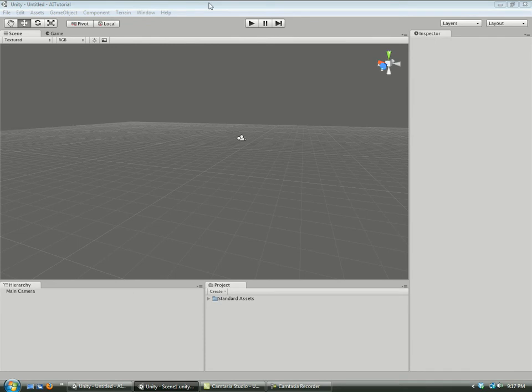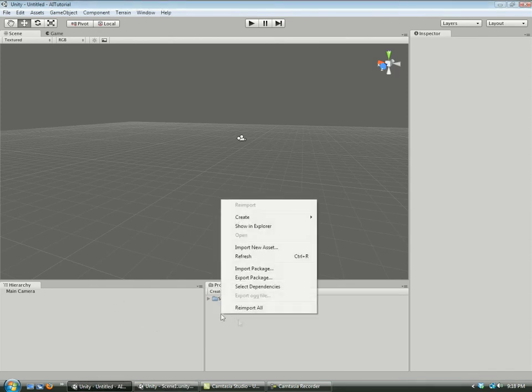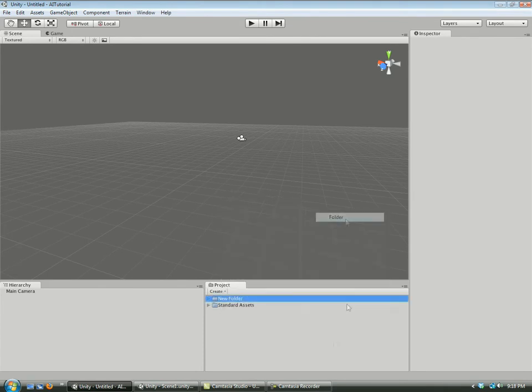Okay, so we have our new project with our main camera as default. And what we're gonna do is just create some directories. So we're gonna call this one enemy, Control D to duplicate, model,